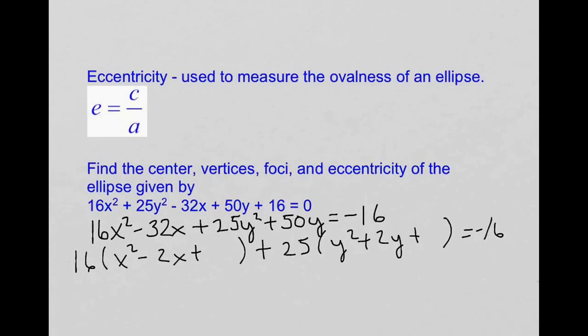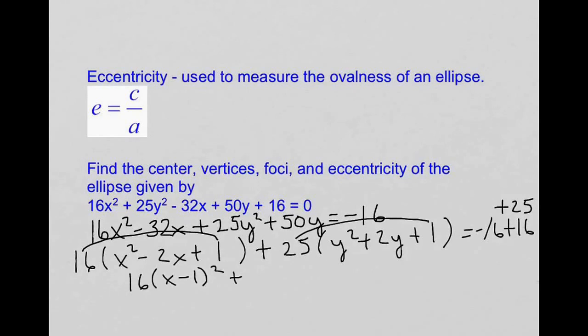Okay, the first one, half of 2 is 1. 1 squared is 1. Now, just as I did previously, I have to take the number out front and multiply it times the 1, and that tells me that I add 16 to the other side. I do the same thing for the second one. Half of 2 is 1. 1 squared is 1, and I know I have to multiply 25 times 1, so I have to add 25 to the right-hand side. So that now gives me 16 times x minus 1 squared plus 25 times y plus